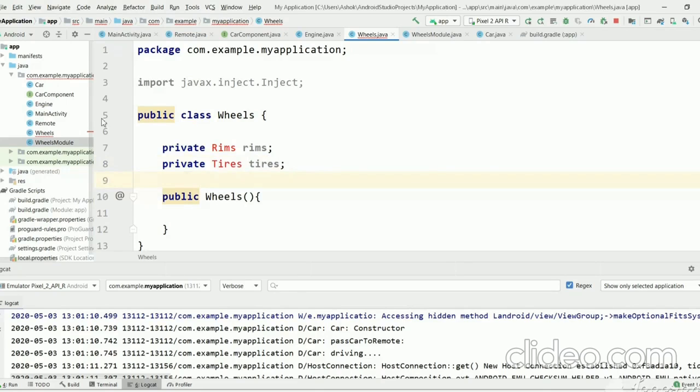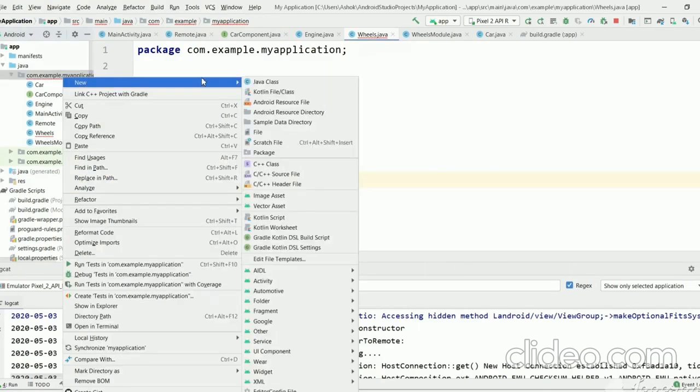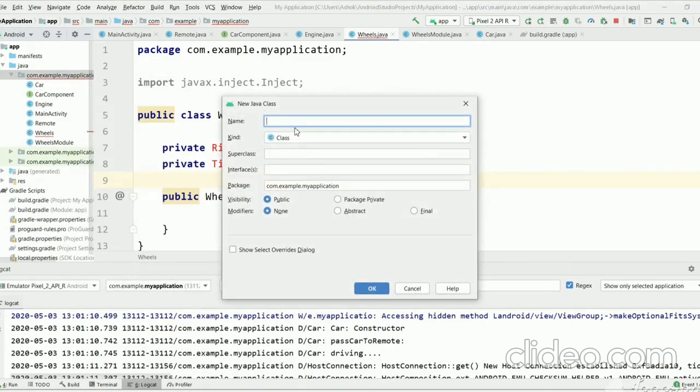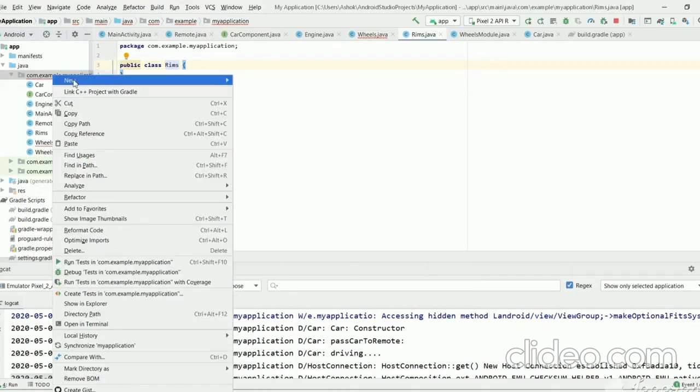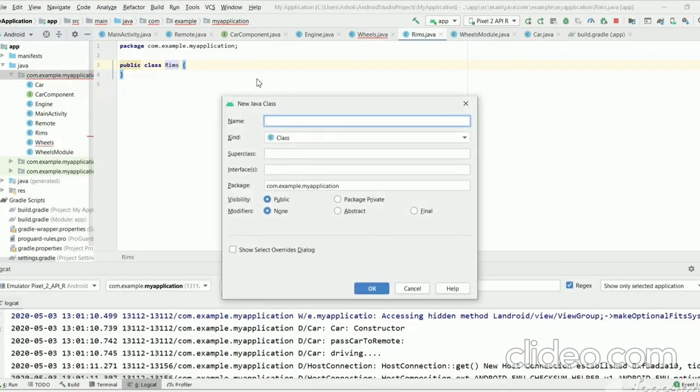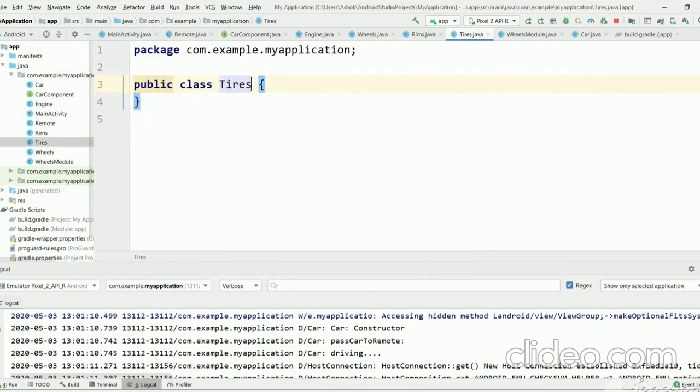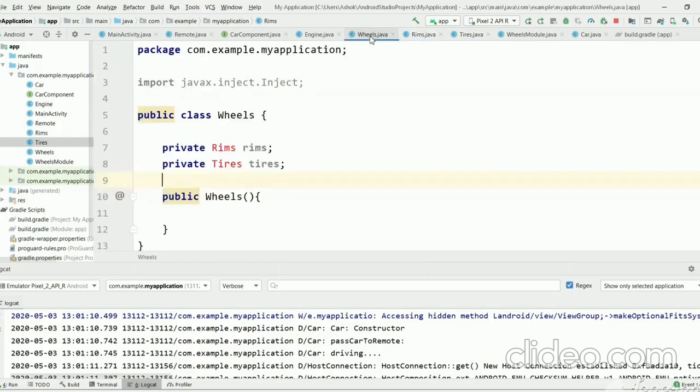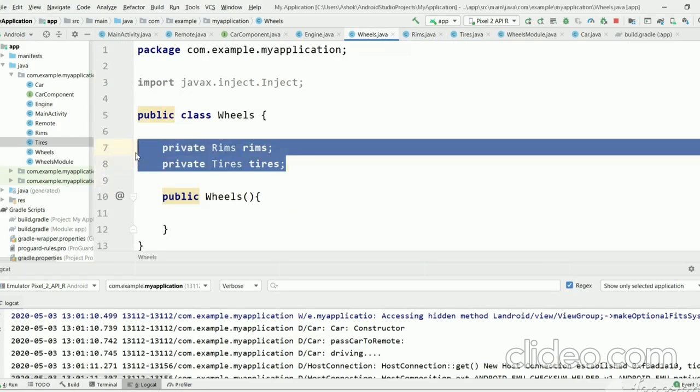We will create new classes Rims and Tires. So now Wheels is a third-party class which is dependent on two more classes, Rims and Tires.